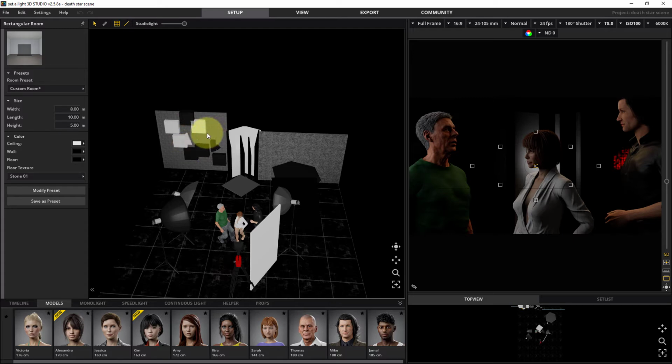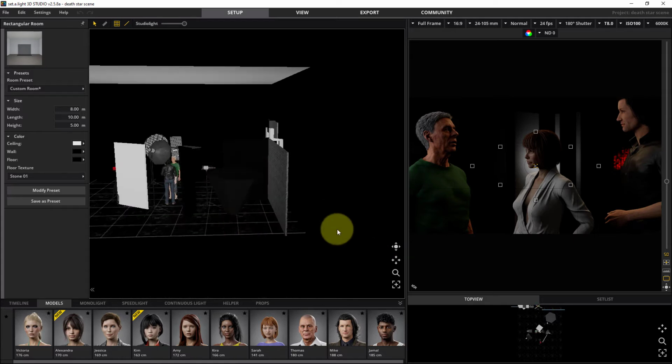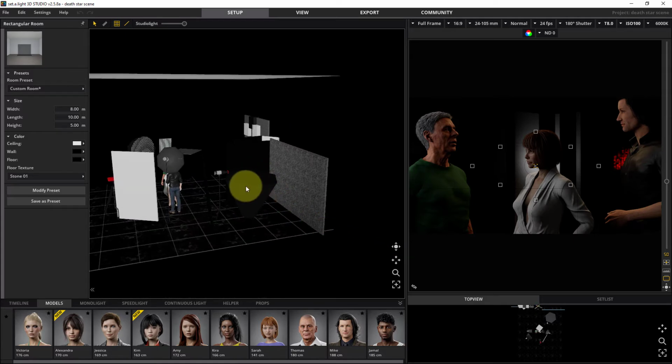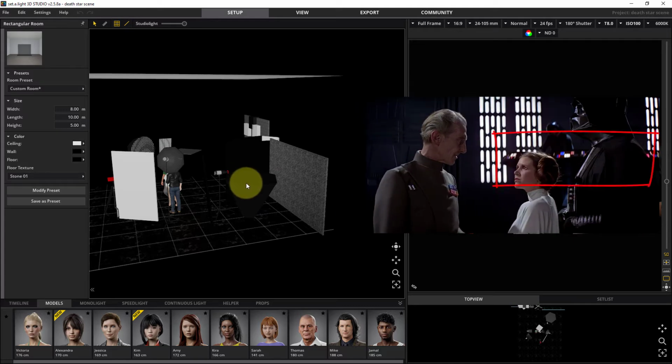In Star Wars you see lots of these sort of light panels in Star Destroyers and in the Death Star, and I've used this here to recreate that, and that is white reflector boards with black card in front of it with a light shining onto it. Over here I've added an upside down shape to try and replicate the console you get in the back. I've not done particularly well there.